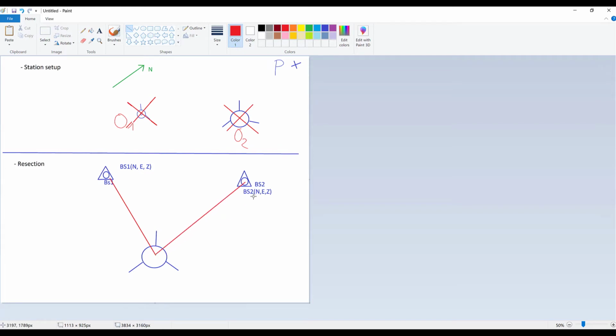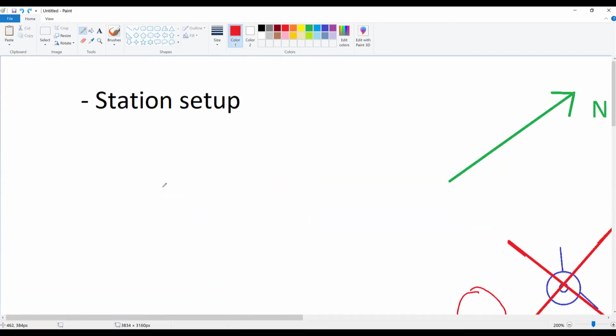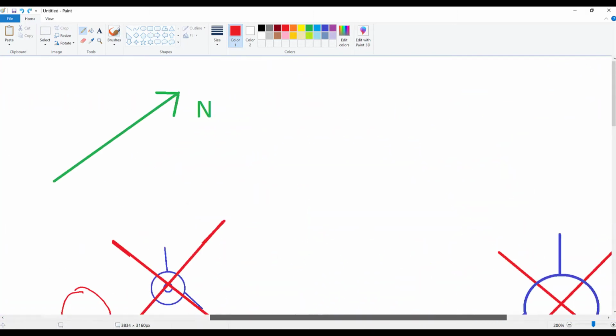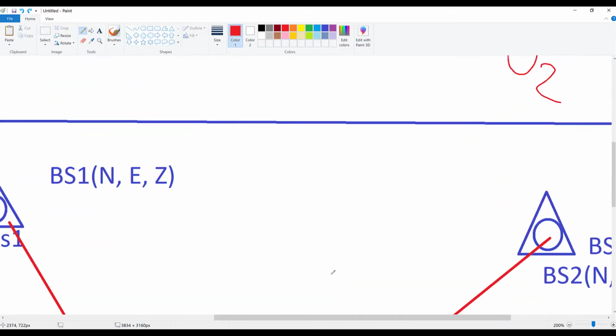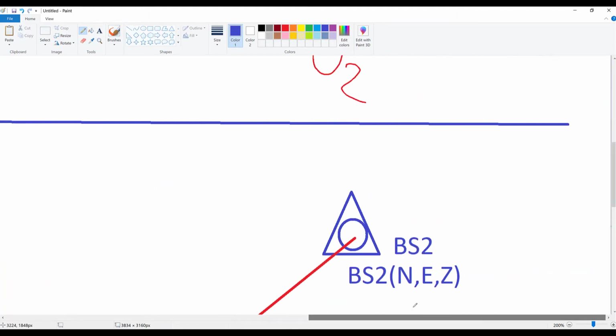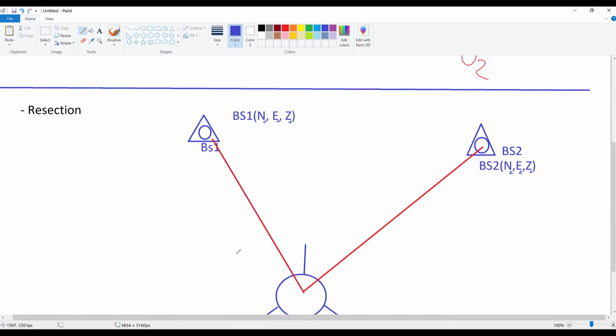After entering the coordinates of this, maybe I can zoom. I can do it in blue. For example here N1, E1, Z1, and here you have N2, E2, and Z2. Okay. So after doing this